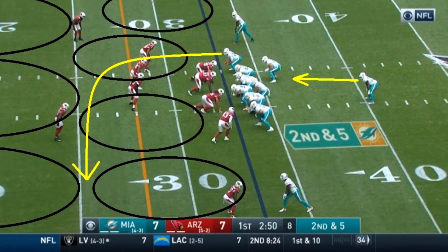And the way this play is going to work for Miami is that they're going to run play action and have a tight end run over the middle. This is a very basic concept you will run against, especially a cover 3 zone. There's less people over the middle than in a cover 2, so there's going to be more gaps in coverage, and you can get linebackers out of position and hopefully throw over them, or at least the gaps in coverage